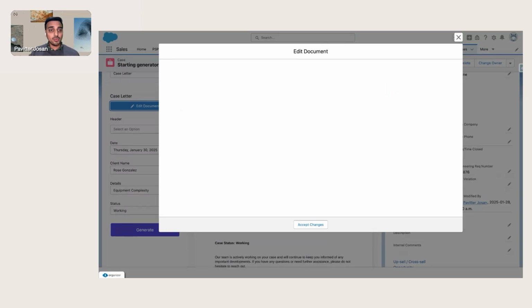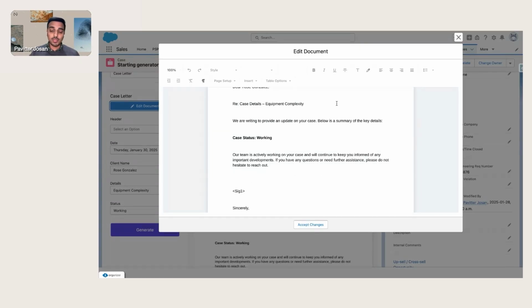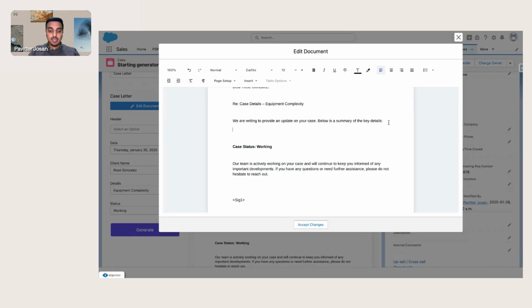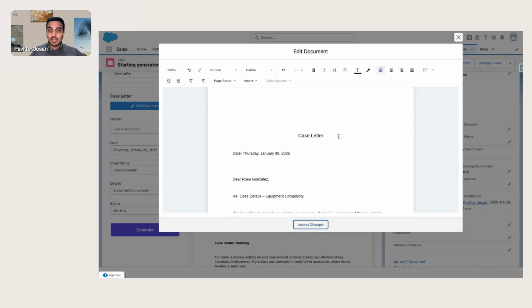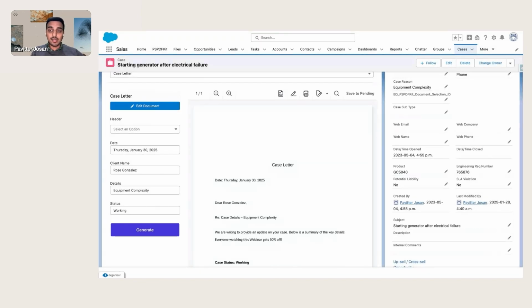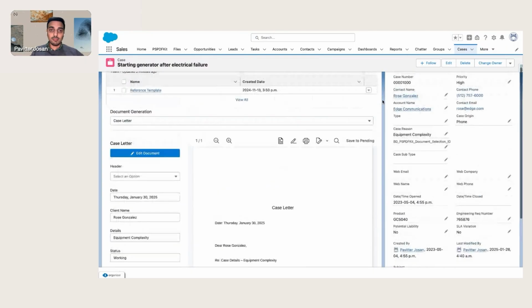after they've been generated. So let's say you have a document and you need to add a new paragraph or delete something. With document authoring, the tool that we saw earlier, you can literally just go in and say, everyone watching this webinar gets 50% off. And you can see I'm just moving around text here because this is essentially a word editor. So you can save this. Again, everything that we're seeing here is running entirely in Salesforce. There's no server-side connection. This is all in browser. And once you're done with the document, you can essentially just save it, and it'll pop up as a new